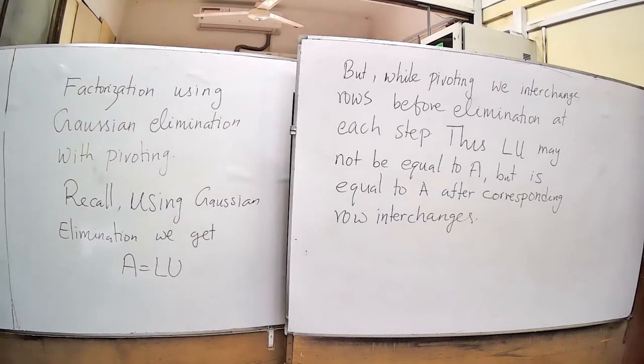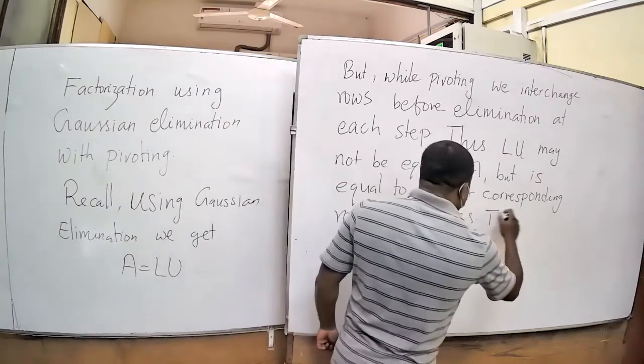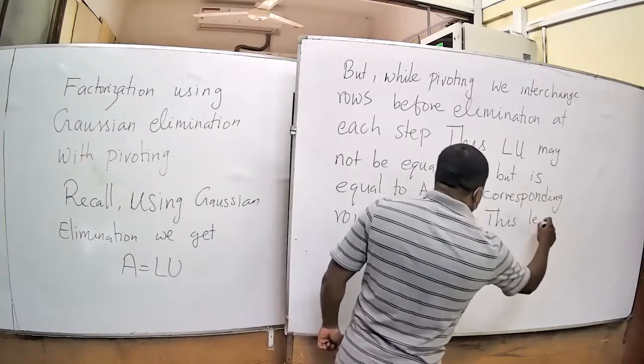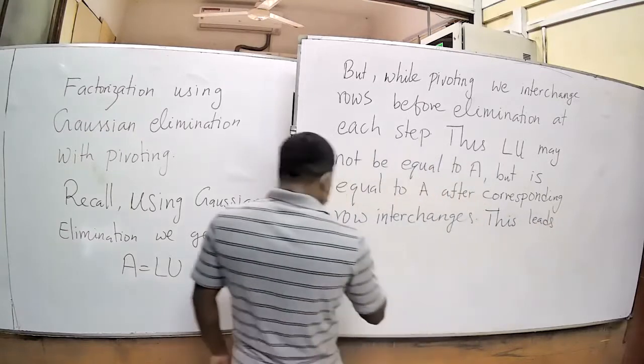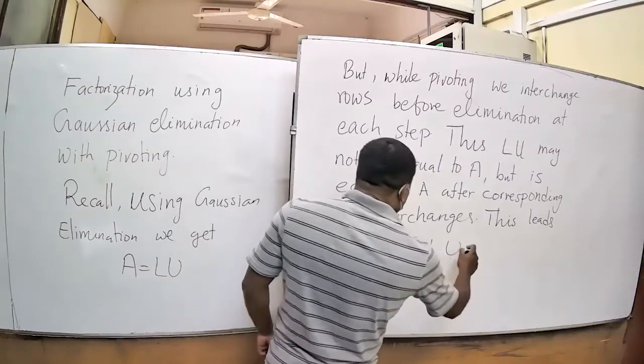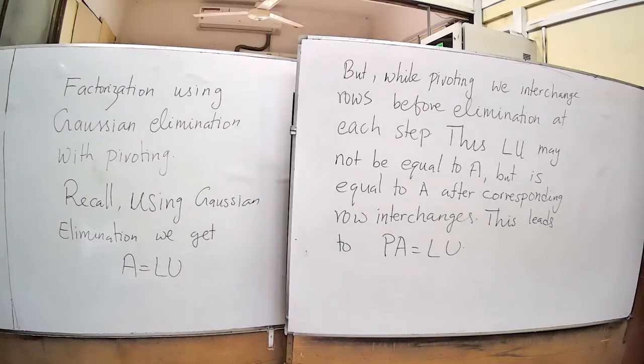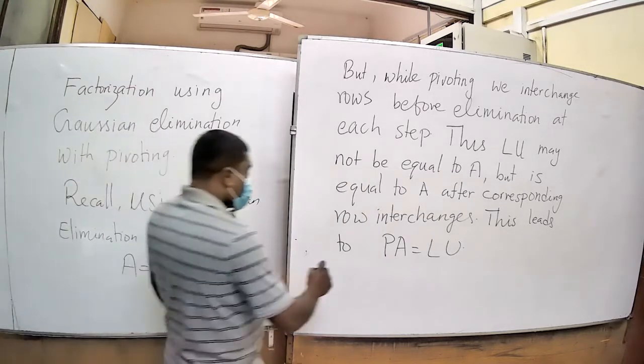A cannot be LU anymore, because you interchange rows. So LU is going to be equal to A after doing the corresponding row operations. This leads to a concept called PA is equal to LU, where